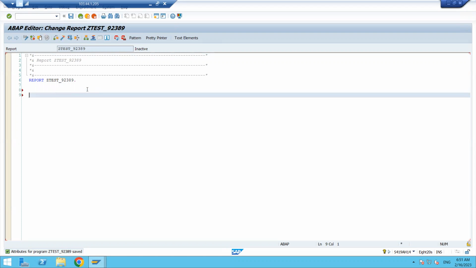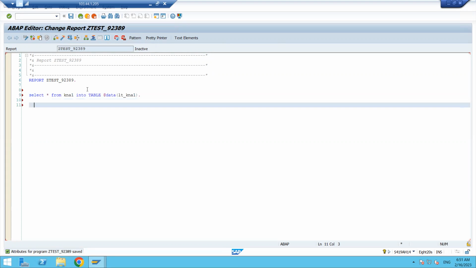Fine. I want to pick some data here. SELECT * FROM KNA1 INTO TABLE at the data of LT_KNA1. How can we display the data? By using